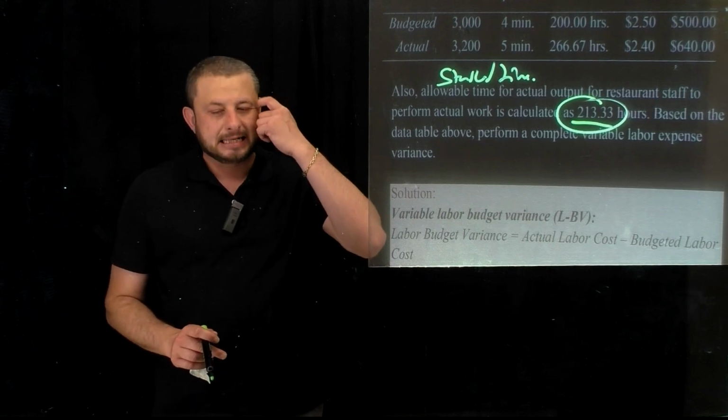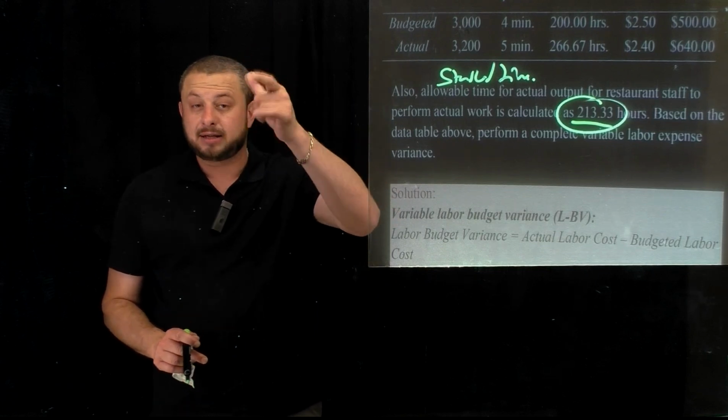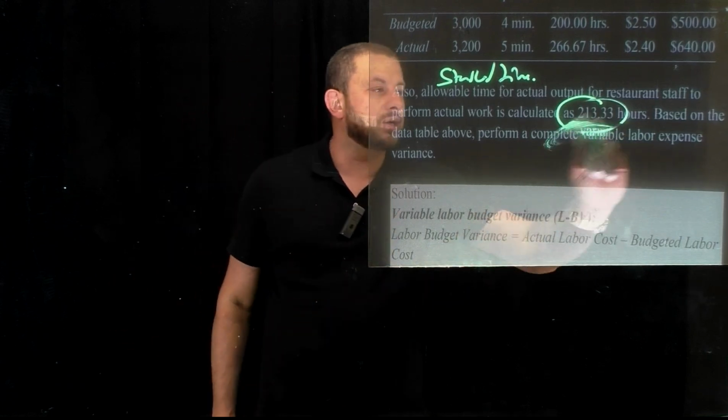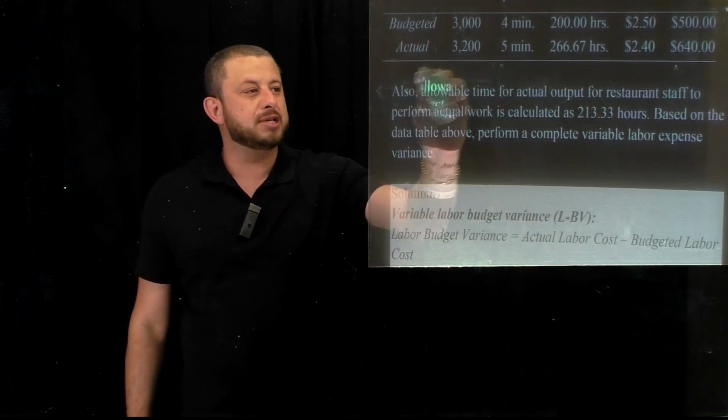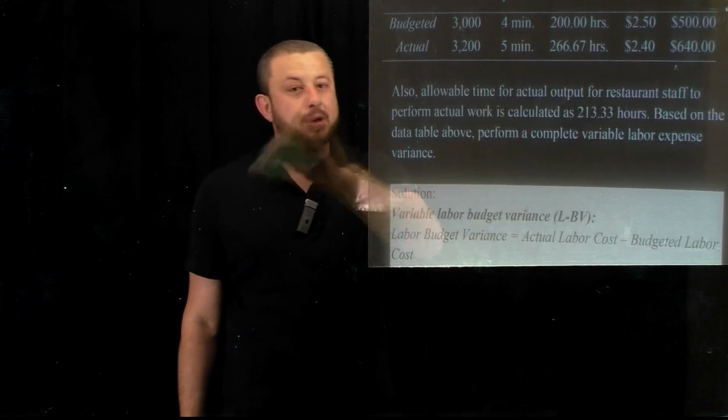Clearly, there is an idle time over here, and there is a variance over here. So that's what we're going to calculate. We are going to see a problem. We are going to go back and train the employees better to fix the problem. Okay, guys?